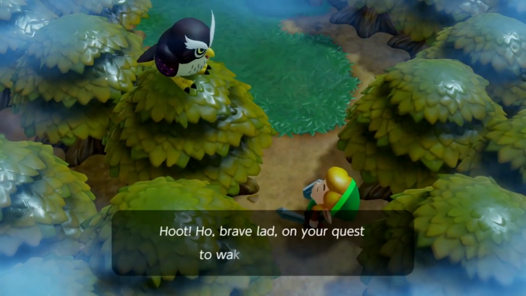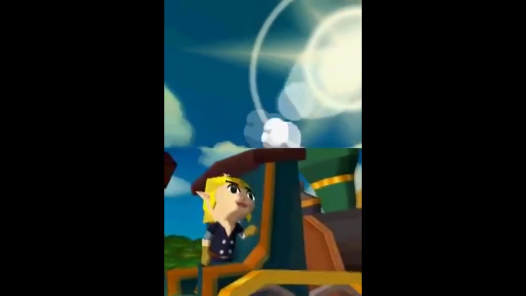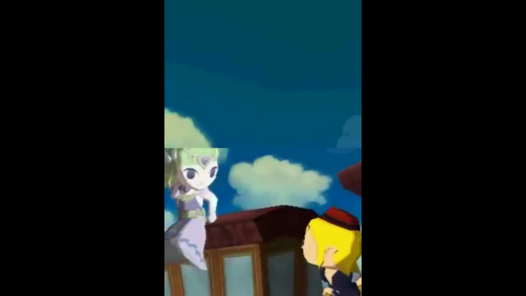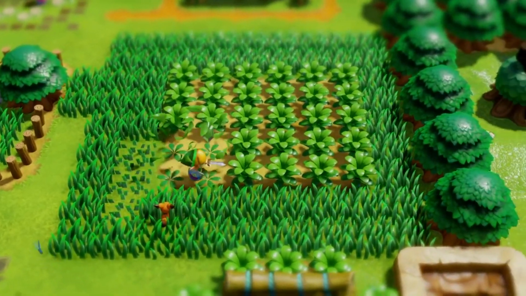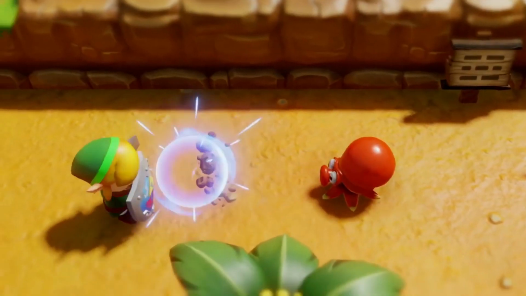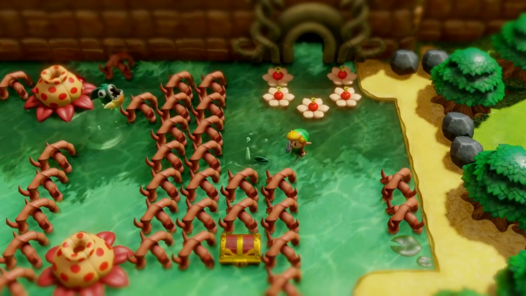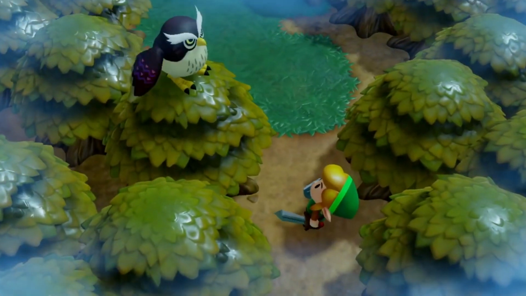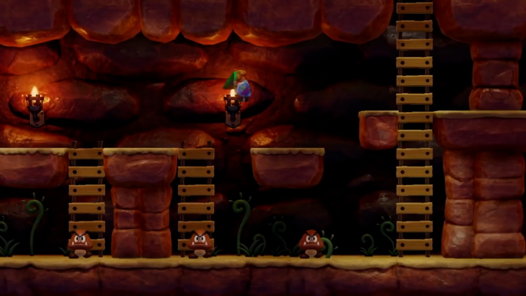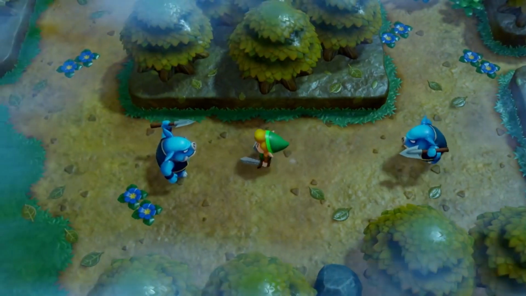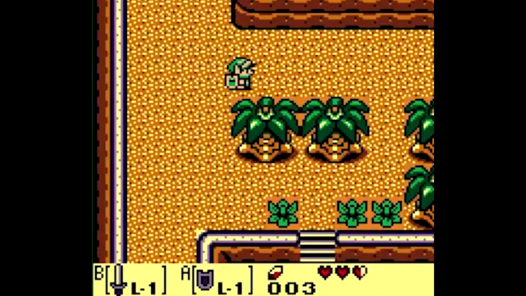I don't think that it's fair to say that the art style is bad just because it's not realistic, because there's been way more artsy cartoon Zelda games than there have been photorealistic Zelda games. I do understand why people have a problem with Toy Box Link, or Chibi Link as a lot of people are calling him. But I also understand why Nintendo did it, and I think it's a brave and interesting choice. And I think people just need to realize that there is a method to the madness. There's a reason that Nintendo chose this art style, and I hope that people are willing to give the game a chance anyways, because Link's Awakening is an amazing experience, and people are really missing out.